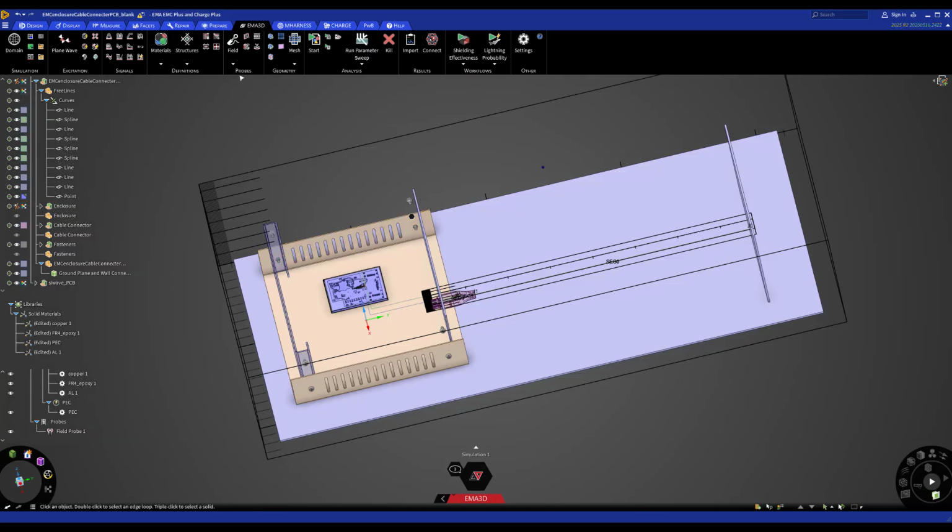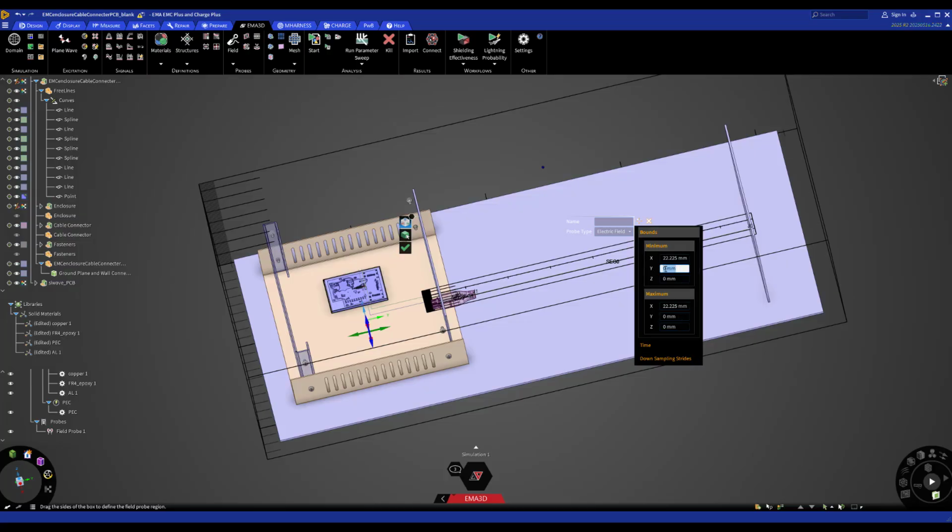We also want to define a 3D probe. So we go again to fields and we select 3D probe. And similarly, we can manually place it and define that size, or we can do it from here. So let's expand bounds, minimum and maximum. And we want to define this to be 22.225, and minus 117.475, 52.387, 187.325, 476.25,